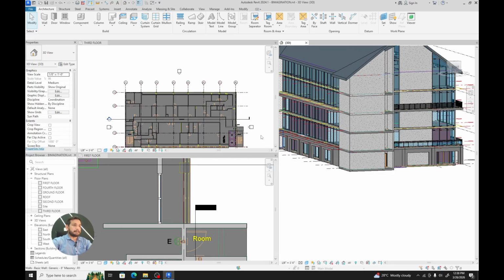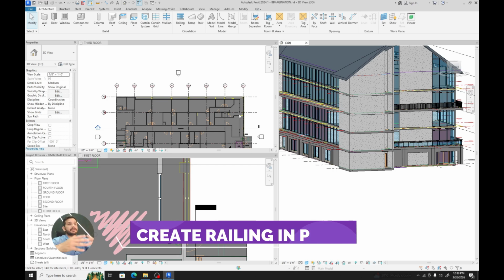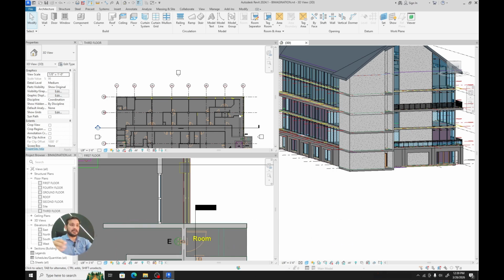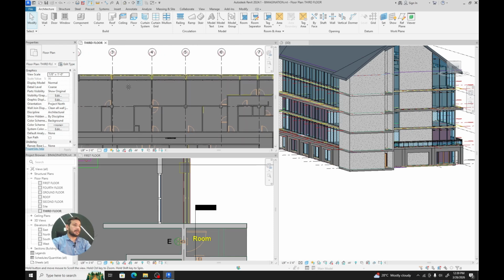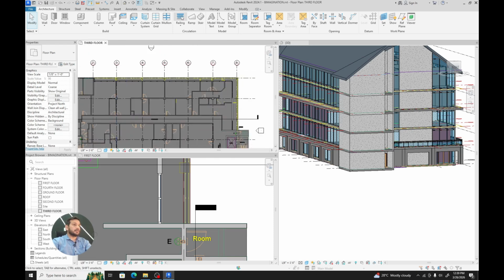And let's see if I can create railings, because this was in the chain, and if I can create railing within a single command at different locations. So let's just delete this railing, and now I will go to third floor and go to railing,